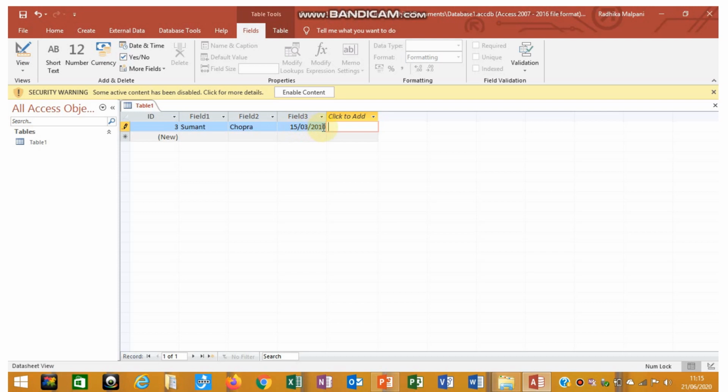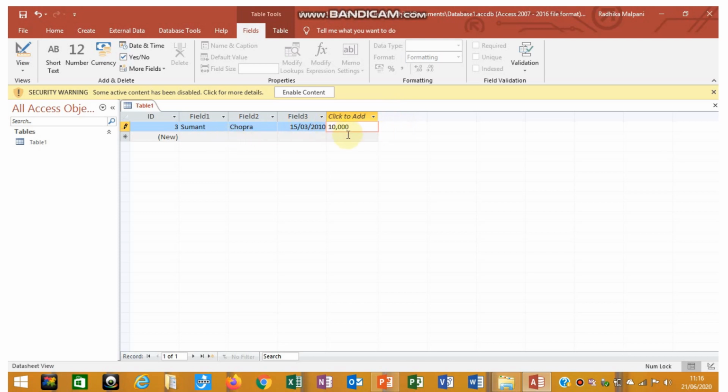that you have entered in some different form, MS Access has converted into the default setting, right? So this 15 is the date, 3 is the month, and 2010 is the year. Now you need to enter the salary of that person. Fine. Here I am entering the salary as 10,000. If you want to add some more details or some more columns, then you can add them by using the tab button.